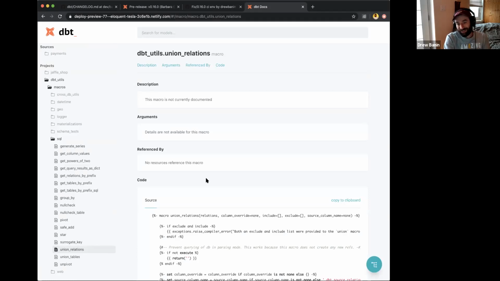And so none of these are documented yet in dbt-utils because we haven't released 0.16.0 yet, so we haven't written the documentation for these macros. But it's going to happen. If anyone's interested in helping out, this is a great way to get involved with contributing to dbt. And so this actually isn't great because you can't see the arguments or references. Although in Jaffle Shop,